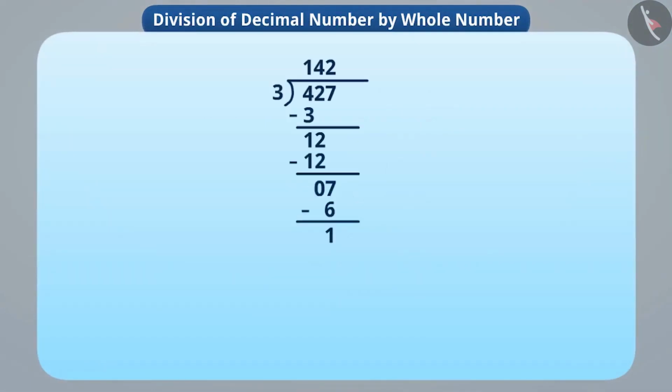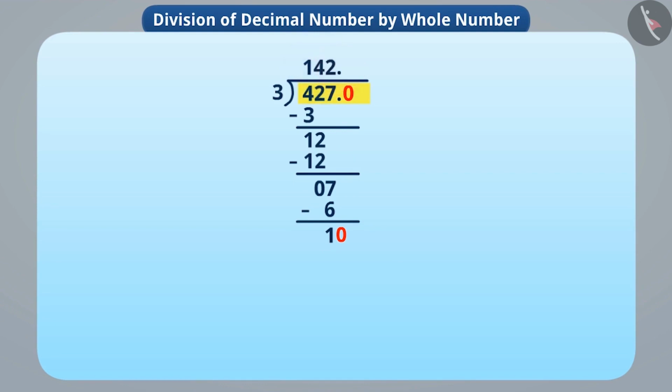On dividing, we will get the quotient 142, but the remainder is not 0. In this case, we put the decimal point to the right of the number being divided and then take 0. You must be aware that taking 0 in this way does not change the value of the number. We will place this 0 at the bottom right of the remainder, which will make the number 10. Since we are dividing the digits after the decimal, we will now place the decimal point to the right of the last digit in the quotient.